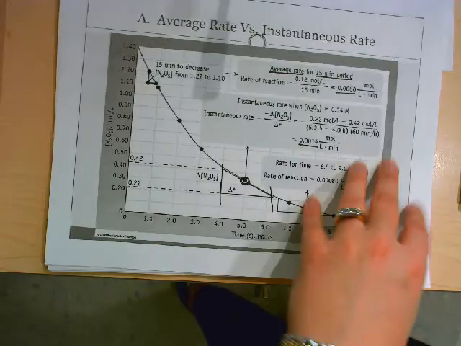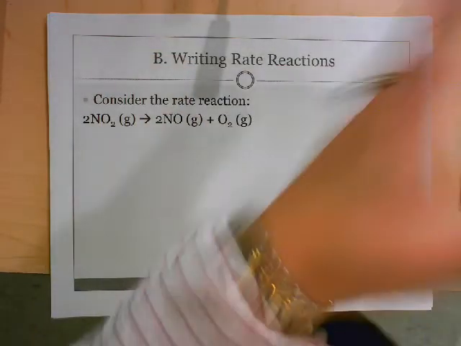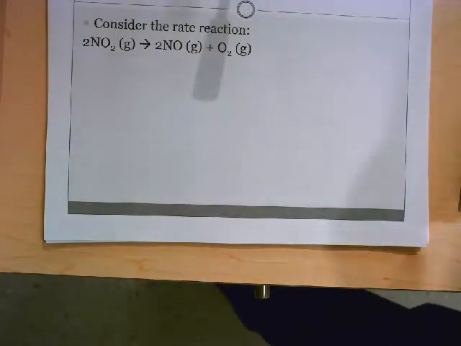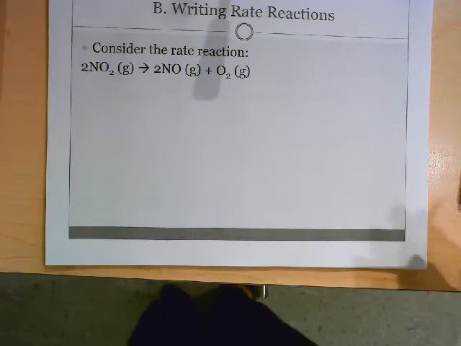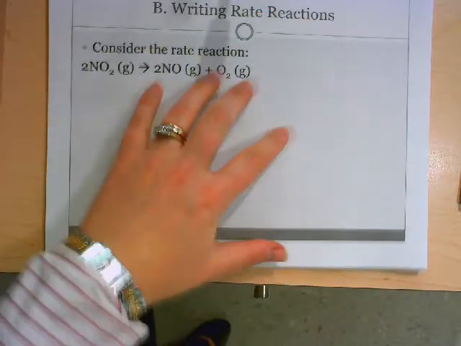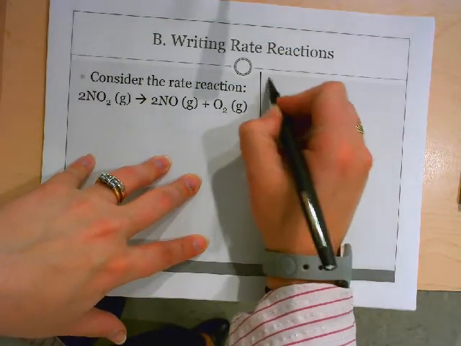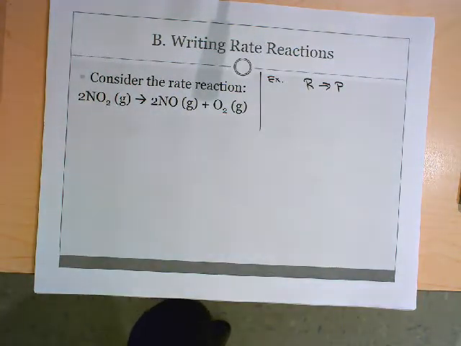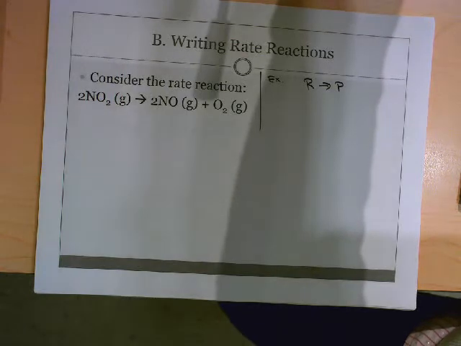Alright. In that case, let's talk about how we write mathematical relationships for chemical equations. Before we even do the actual one, let's do this other example first. Alright, doing my imaginary R going to P reaction. When I had this graph over here,